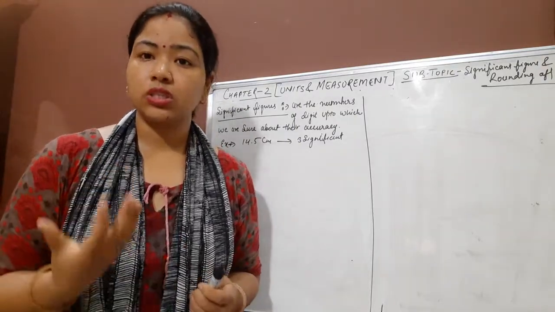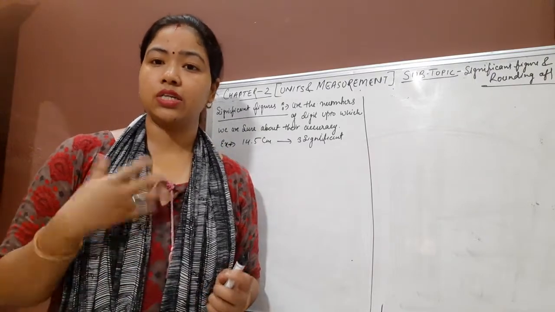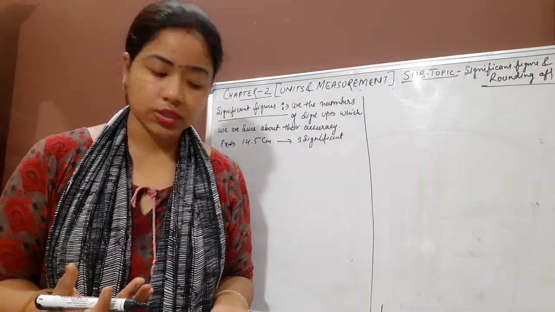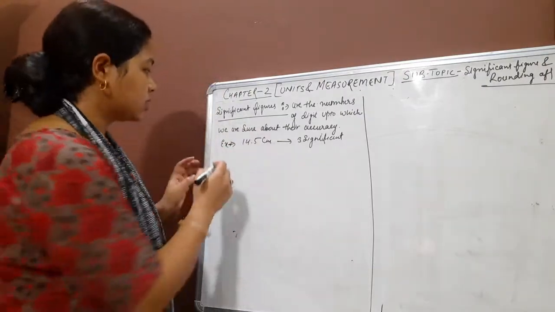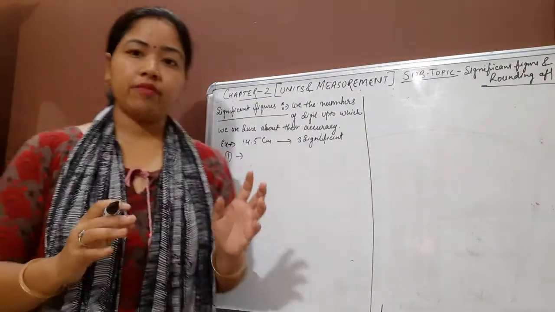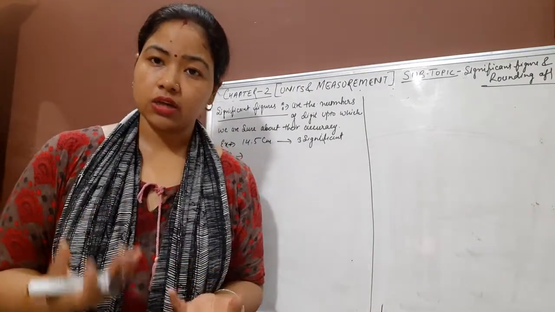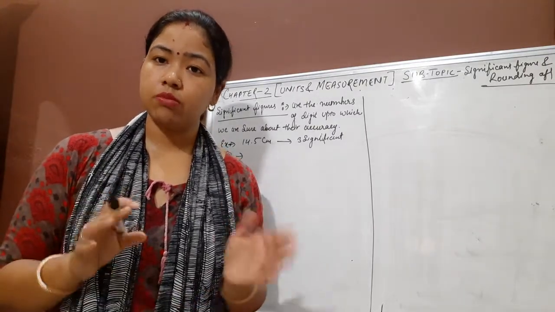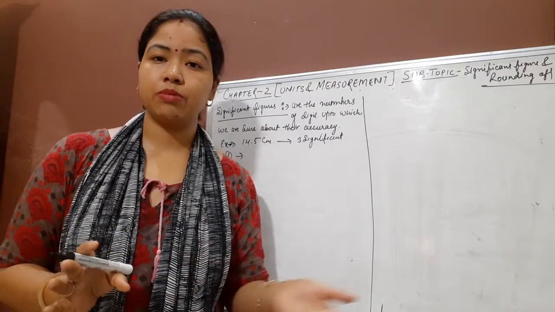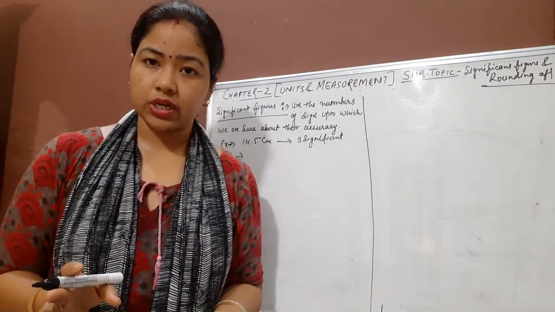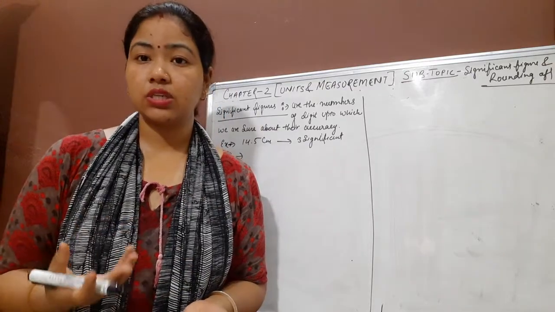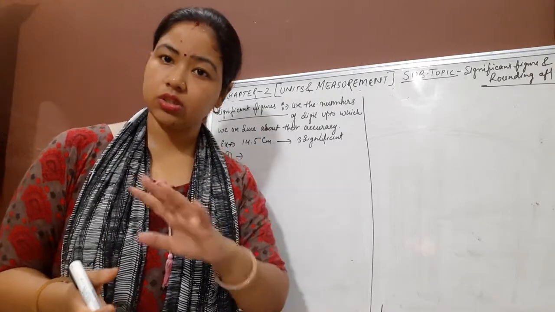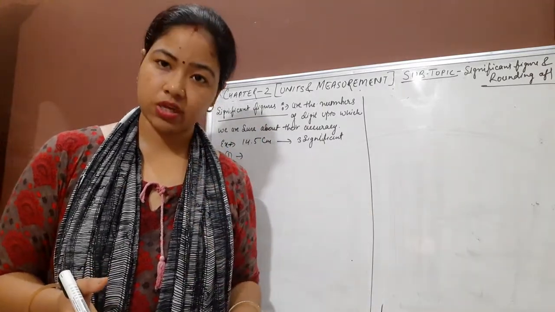Their terminology changes. Sometimes you are writing in decimal places. So every time we have different rules for those. The very first thing we are going to discuss is that whenever we convert any physical quantity into any other system of units, the number of significant figures will not change. अगर हम किसी भी quantity को other unit में convert कर रहे हैं, तो significant figures के numbers change नहीं होंगे. अगर वो 3 हैं एक यूनिट में, तो वो अदर में भी 3 ही रहेंगी. जिसमें भी हम कन्वर्जन करते हैं उसमें वो क्वांटिटी फिक्स रहेगी, सेम रहेगी.